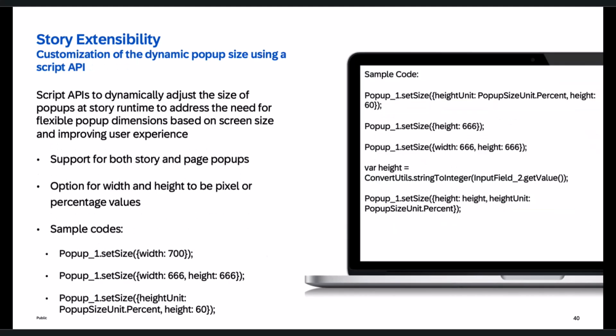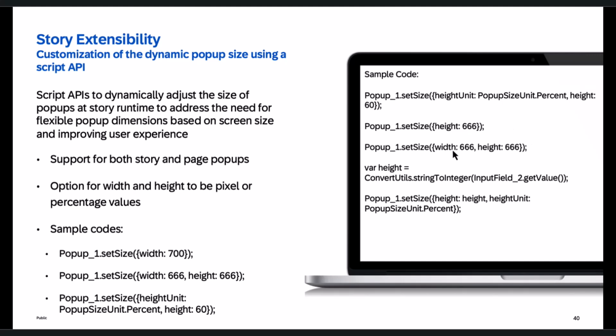And here is also an enhancement to the pop-up. With the new release, you are able to leverage Script API to dynamically adjust the size of pop-ups at the story runtime to address the need for flexible pop-up dimensions based on the screen size and improve your user experience. So now you can use a script API to set the pop-up more dynamically, either using the pixel